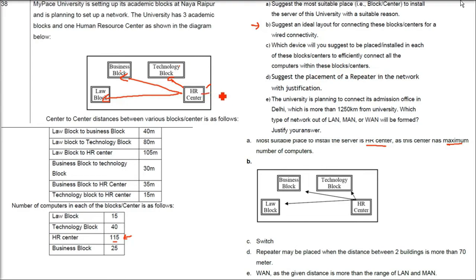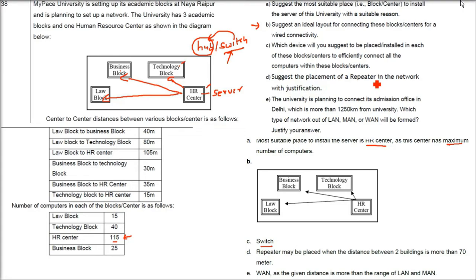So the answer is switch. Whenever we are making a server, you are actually connecting for a network. It cannot be a hub. Hub is also a solution, but hub is non-intelligent. That is, a hub will just broadcast the incoming message to every other node. But a switch will only send the packets or information to the destination computer or node or gadget. That is why a switch is an intelligent hub. So we are going to use switch.